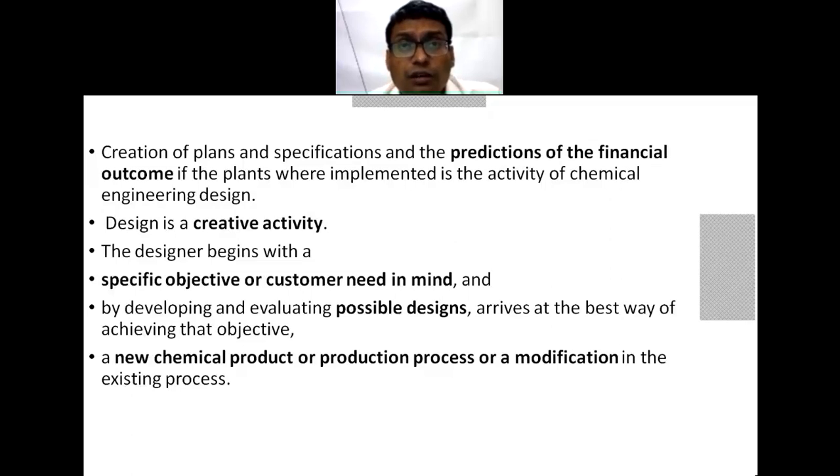One has to think of this need, and based on this need we are going to design, develop, and then produce it. So it is developing and evaluating the possible designs and arriving at the best way to achieve that objective. It's the goal or purpose of we engineers, the best possible